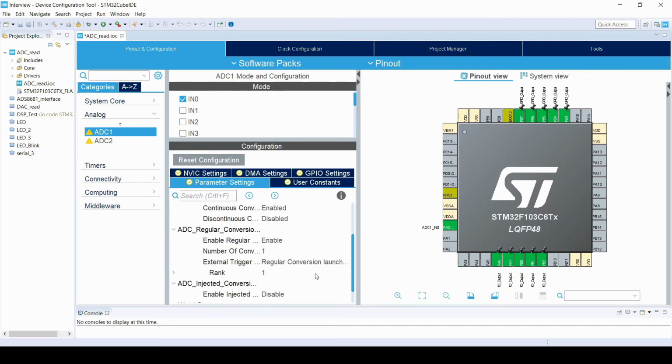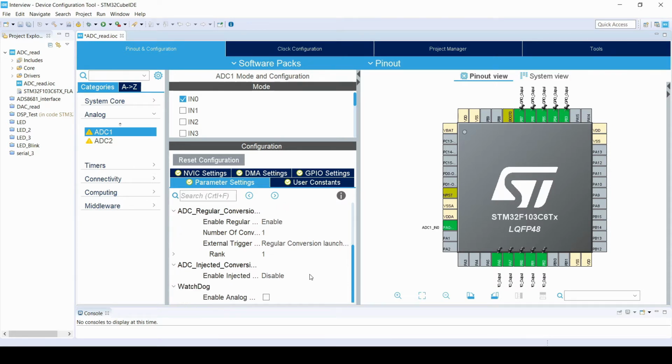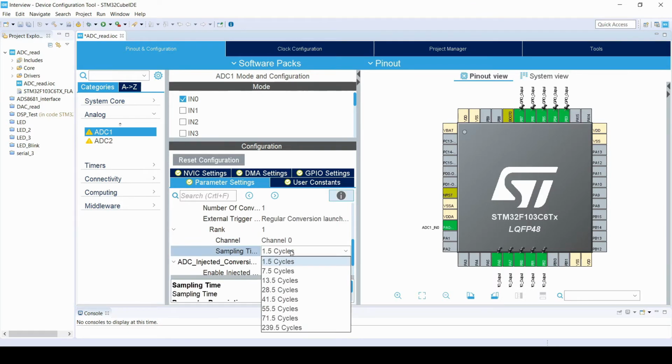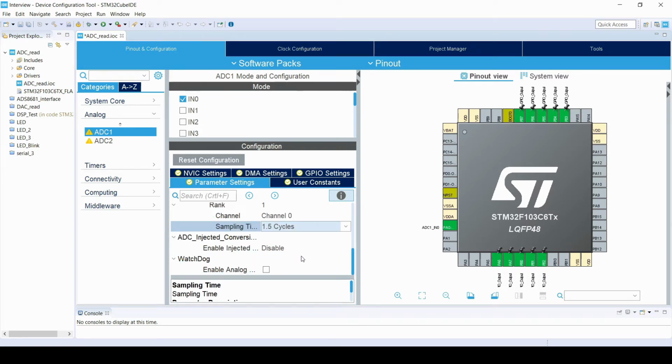Now, enable the continuous conversion mode so that we can continuously get the converted value from the ADC channel upon polling. Here, you can see that ADC conversion is set to regular conversion, which is by means of polling the ADC data. The number of conversions are set to 1, as we have selected only one channel. And the conversion is triggered by the software polling. So whenever we request the ADC converted data, it will provide the SOC signal to internal ADC and we will get the converted data output.